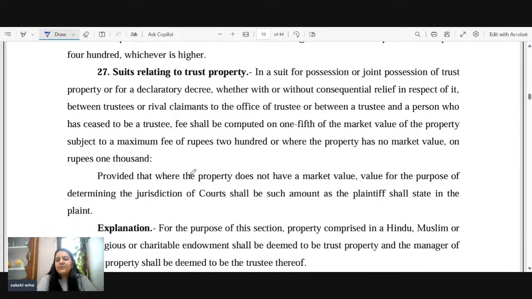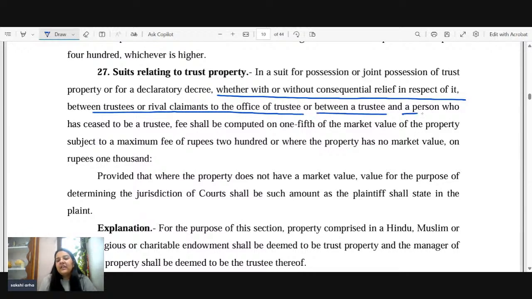Suit relating to trust property. So in a suit for possession or joint possession of trust property, or for declaratory relief, whether with or without consequential relief in respect of it, between trustees, rival claimants to the office of trustee, or between a trustee or a person who has ceased to be trustee. So it's basically all the persons who are trustees. So if you are filing any suit against a trust, it's simple,